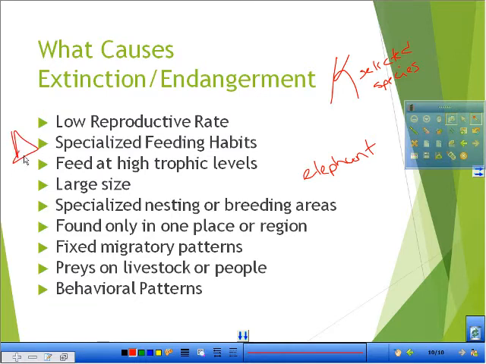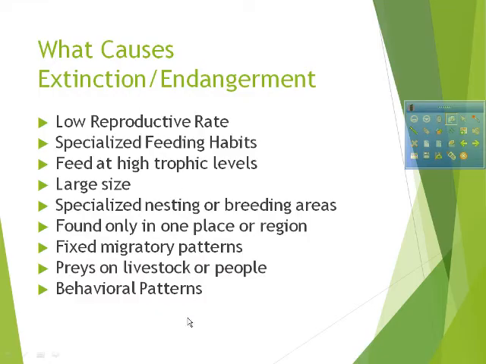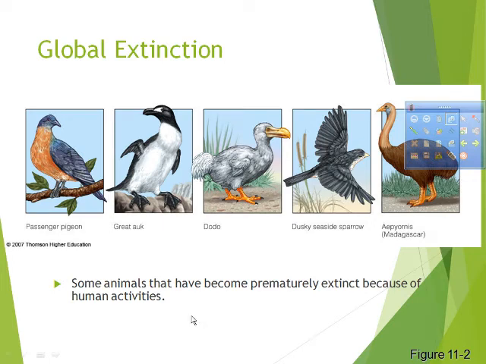So make sure, please, that you are familiar with these. A K-selected species has what types of characteristics? Okay, and then looking at some of the globally extinct species,